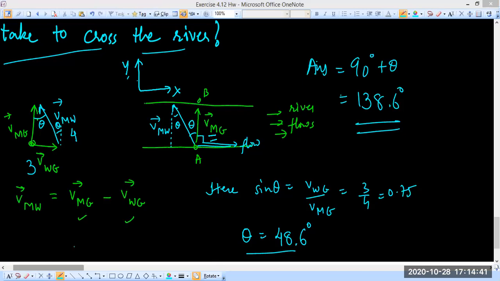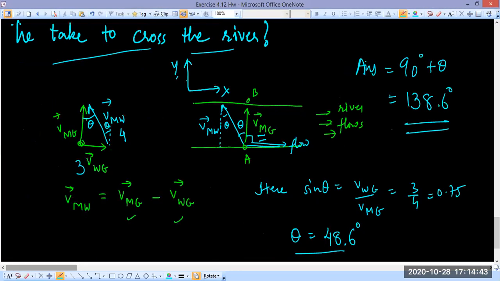Okay, Falak, I got that now. So we have to take the value of VMG. Now from this nice triangle, because it is a right angle here, I'm sure you understand that this is a right angle. Because of this right angle, the magnitude of VMG will easily be under root 16 minus 9, which is root 7. I hope this is clear, right? So we have got the magnitude of VMG, it is root 7 kilometer per hour.